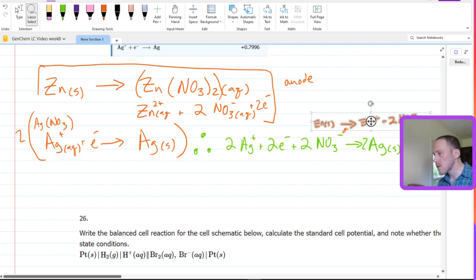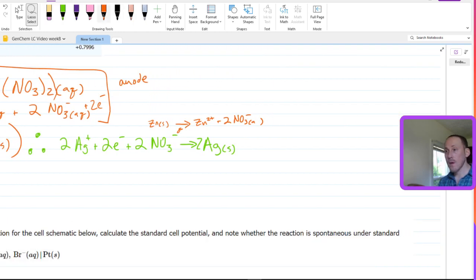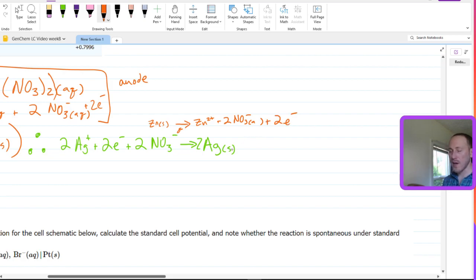There we go. Now it's lined up a little more nicely. And the zinc lost 2 electrons in doing that. Okay. So again, I apologize about earlier when I said the stoichiometry is 1-to-1, because it's not. However, what we can see is that the 2 electrons cancel out now. 2 nitrates cancel out. So our total reaction is that our solid zinc